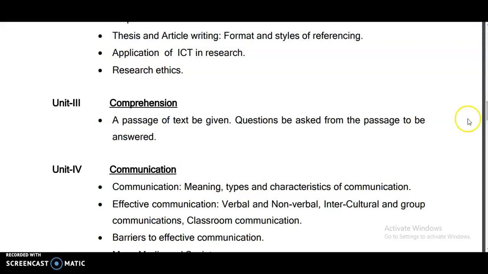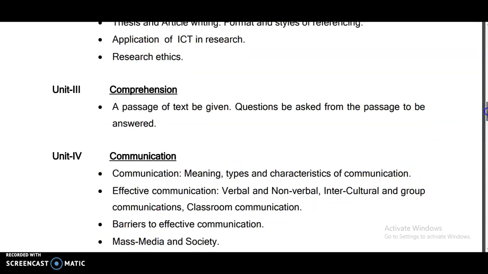From these 4 units, you must definitely be able to answer 5 out of 5 questions, right? So 4 units means 4 into 5, 20 questions you are going to get. So 20 questions, each one carries 2 marks. That means 40 marks. So you must be able to get the 40 marks at any cost from these 4 units. Why? Because these are completely mathematical oriented concepts.